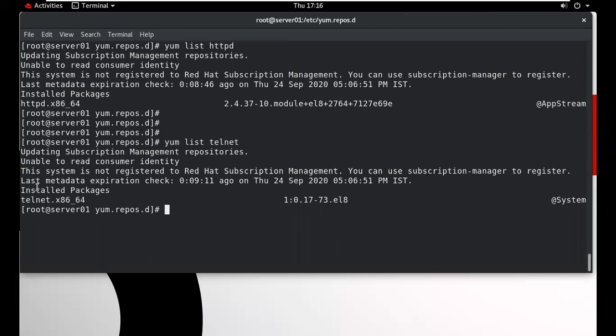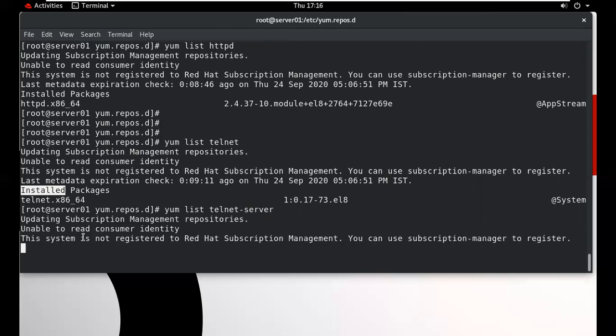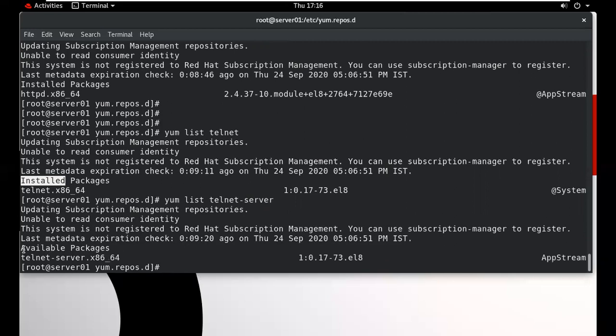It will show me this package is installed. We want to check this particular server. So it will show me the message: this package is available, this package is installed, but this package is not installed. It is available in which location? In this particular location. This is available, installed in your system @system. So it will show me the messages. It is available in your system.